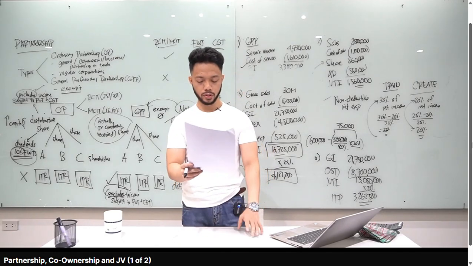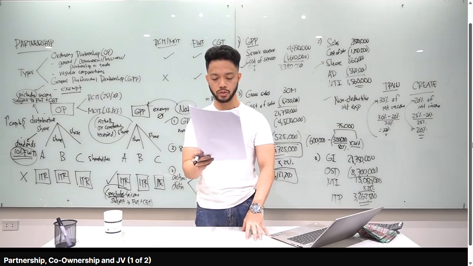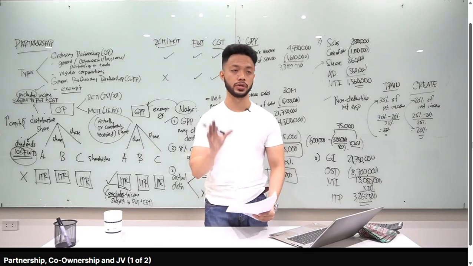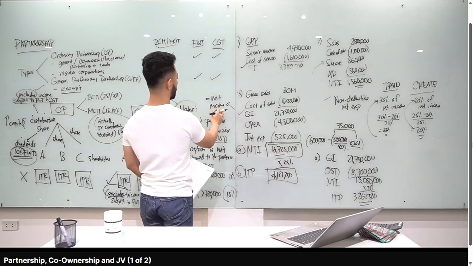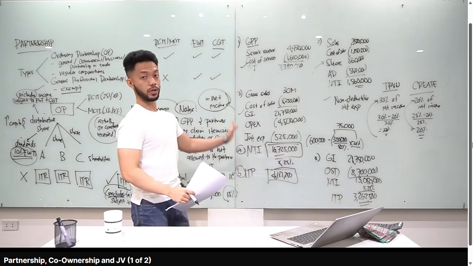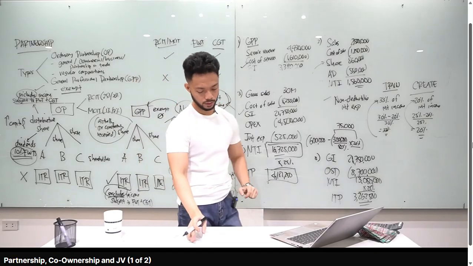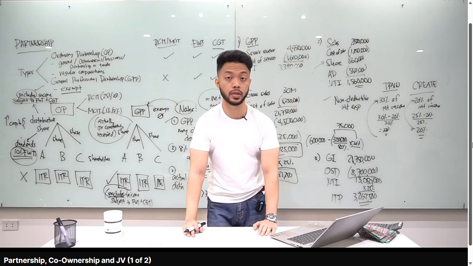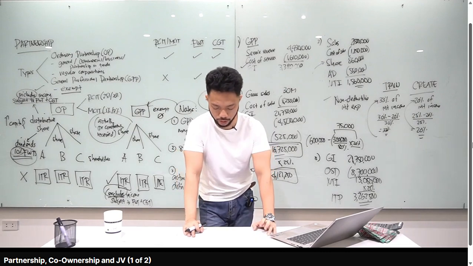Number 6, for purposes of computing the distributive share of the partners of a GPP, the net income shall be computed in the same manner as a corporation. Correct yan. Di ba sabi ko kanina, sinulat ko, yung distributive share is basically the net income. Correct yung statement 1. Statement 2, partners of a taxable partnership are considered as shareholders. Yes, distributed to them are considered as dividends. Correct. Subject to 10% final withholding tax. D yung sagot sa number 6.